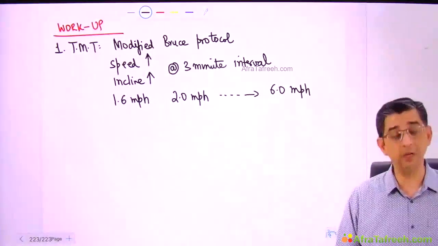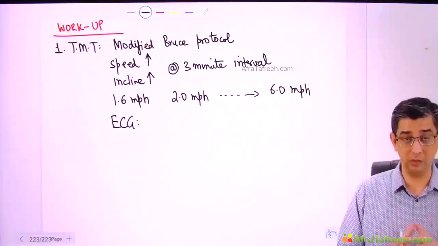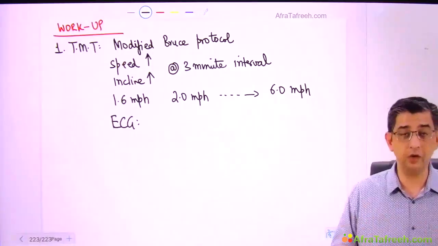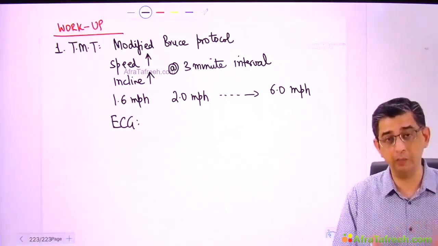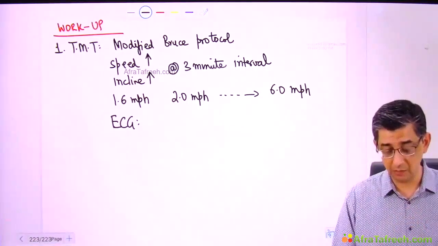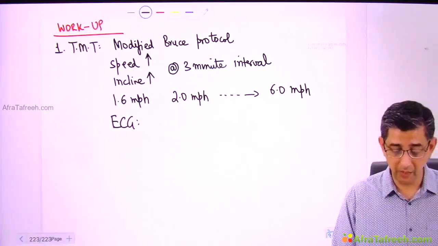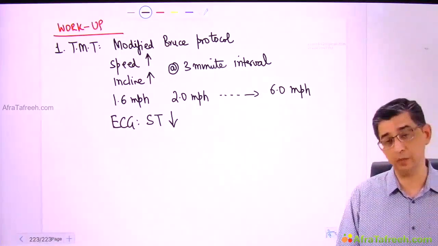And in a normal individual like you and me, when we walk on the treadmill, you and I can run on the treadmill also, because our coronary arteries have no limitation. If you run fast, obviously your coronary arteries will dilate. They will provide the necessary oxygen, and your heart will be able to pump relatively better. But in this individual, there's a possibility that as the person walks faster on the treadmill, the attached ECG will definitely start showing evidence of ST segment depression.